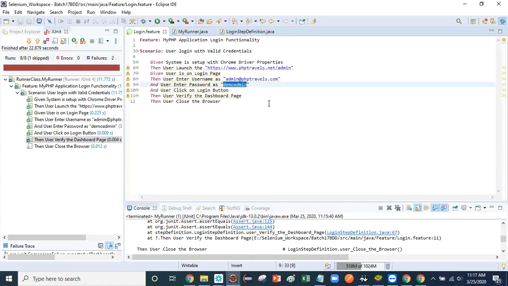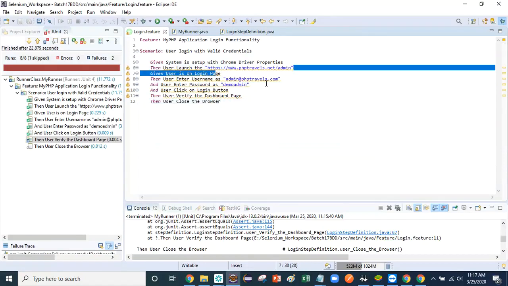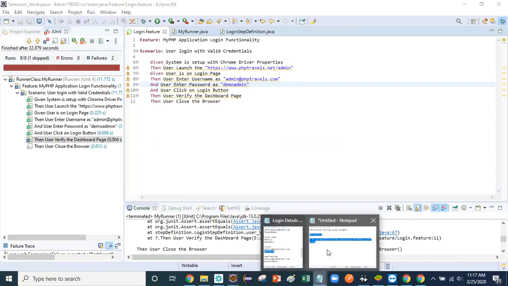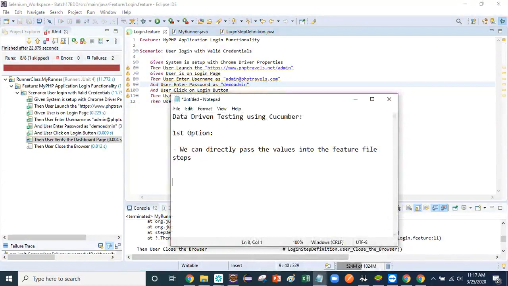And you can achieve the same thing. Now suppose this is for the one set of data, right? We have one username and password. Now suppose if we have multiple username and password,